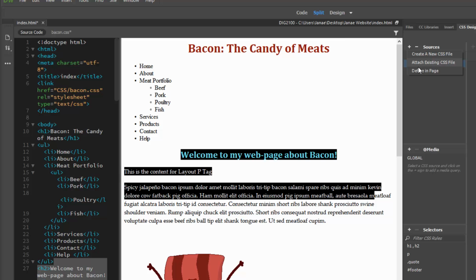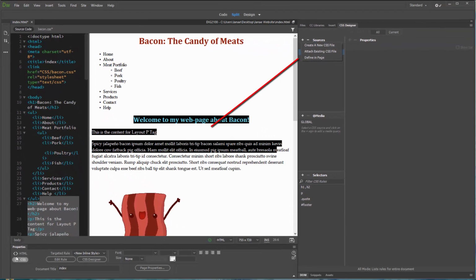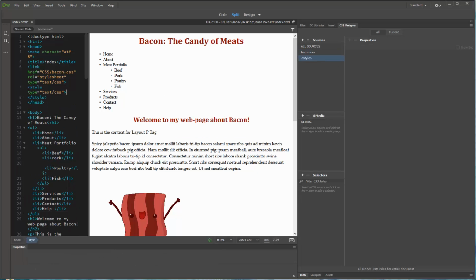The lower option, define in page, is the same as coming down into the properties panel and adding in a very simplified style here. So define in page is just going to add in a style, but you can see that it's not linked. It's just defining it in page. You're going to run into the same sort of issue. So with the exception of a link attached, there shouldn't be any inline styles because it will be more difficult